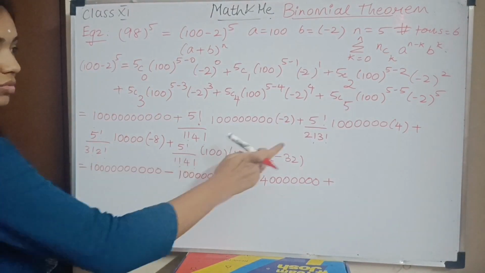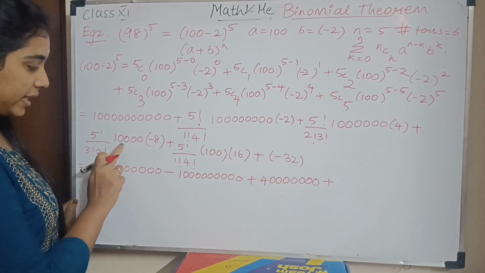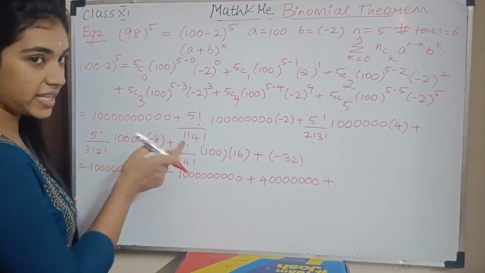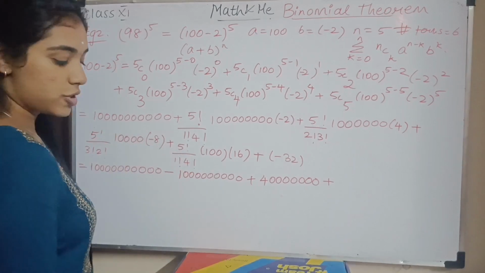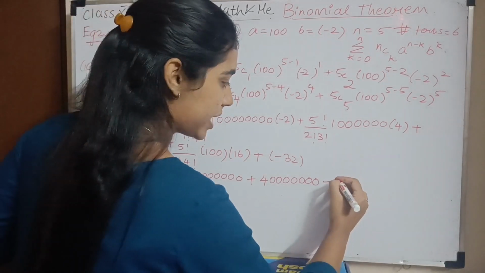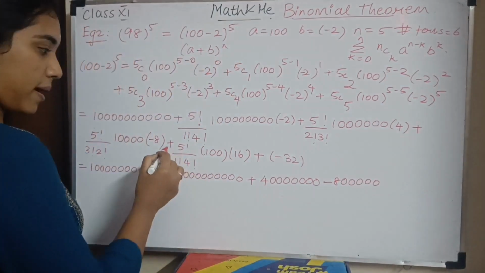5, 3, 2. The same thing. So the coefficient is 10. 10 times this term. So I'll have one added zero. So it is 1, 2, 3, 4, 5 zeros times minus 8. So it becomes minus 8 followed by 5 zeros. Minus 8, 1, 2, 3, 4, 5. Plus,